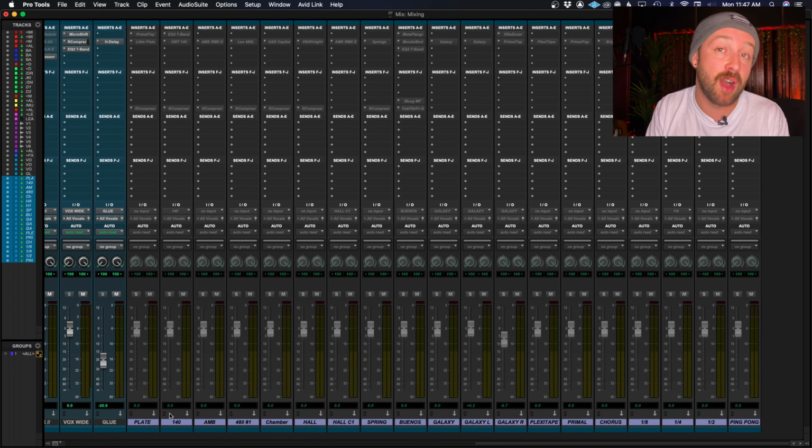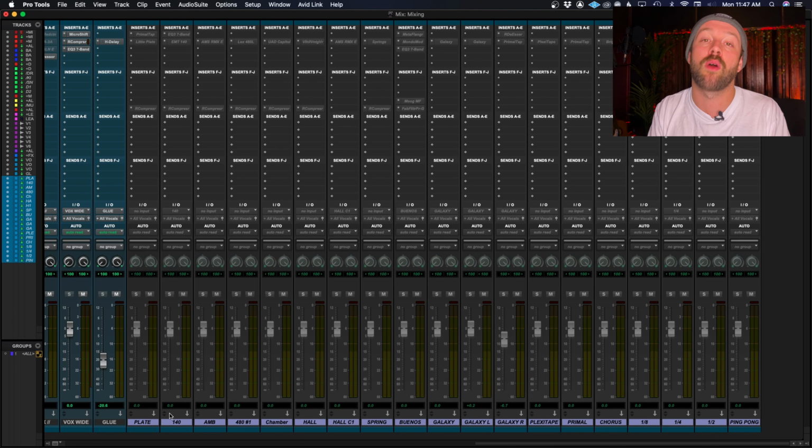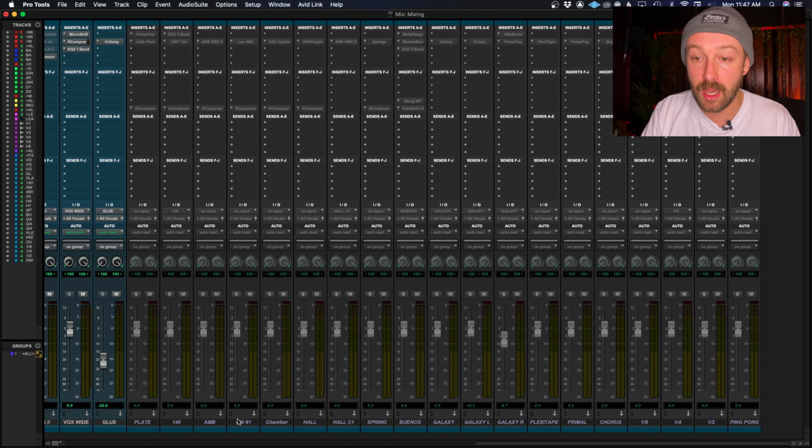At least I don't have to go find the plugin presets and blah, blah, blah, because I've created these and they stay the same all the time. Maybe I'll modify them a little bit, but from the beginning, they already have a setting that I kind of like. Another thing worth mentioning too on these reverbs, if I turn this on, some of these reverbs have a